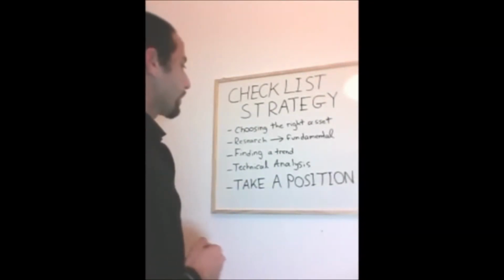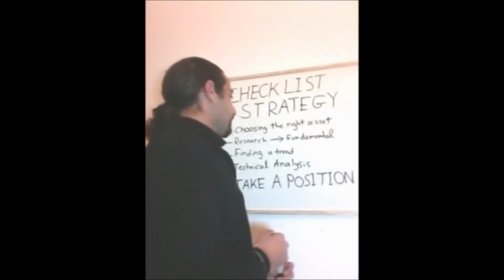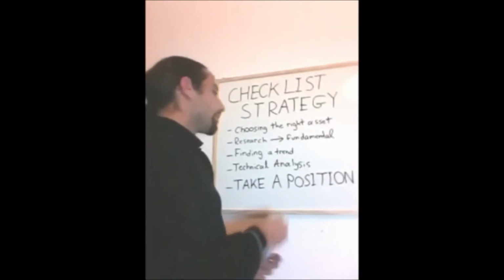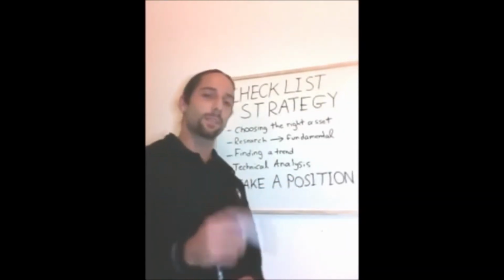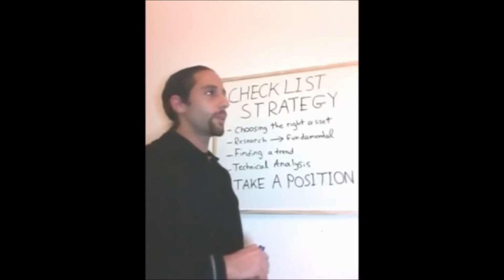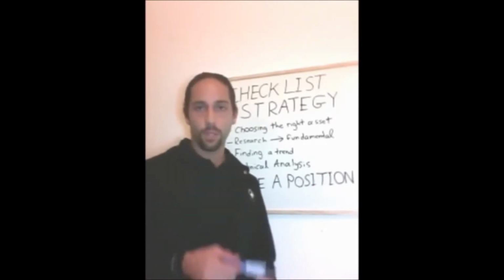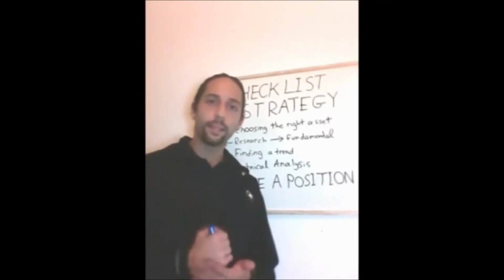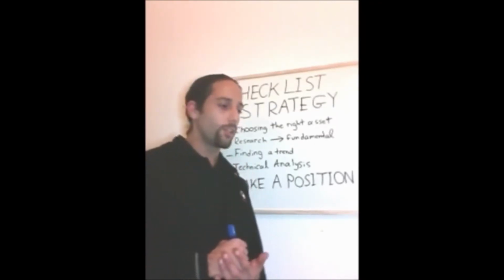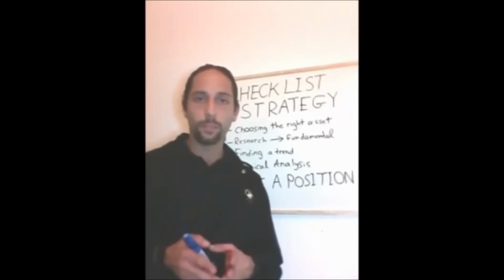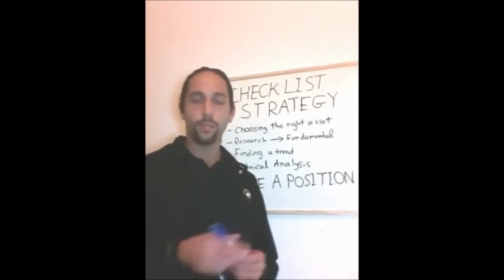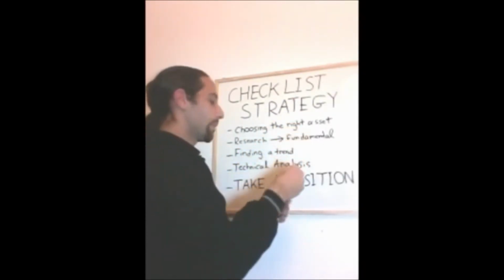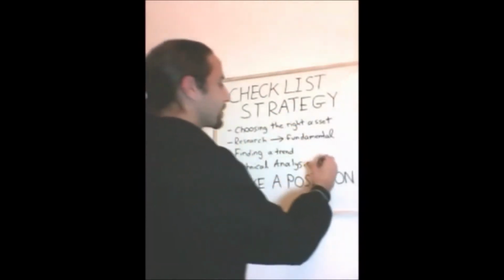Now, once you've found a trend, let's say right now you're seeing that the Facebook stock is in fact increasing. So now you're going to do a technical analysis. You're going to set the expiry time for 1 hour. You're going to purchase the Facebook stock, let's say for $100, predicting that the price will go up. Now, the technical analysis part is when you purchase the option at the right moment, based on looking at the graph. So if it's moving in an uptrend, you're going to catch it at its low resistance point. So let's say right now it's moving up,